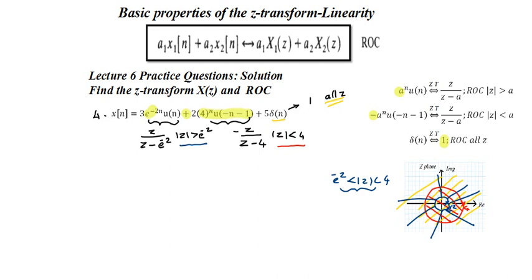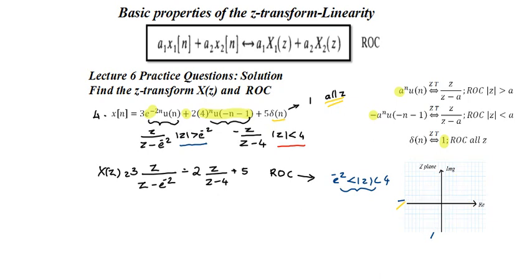So I can write the Z transform like this: x of Z is equal to Z by Z minus e raised to minus 2 plus, sorry, here are 3 also, and here we need to write minus 2 into Z by Z minus 4 plus 5, and the ROC is like this. So I can plot the final ROC